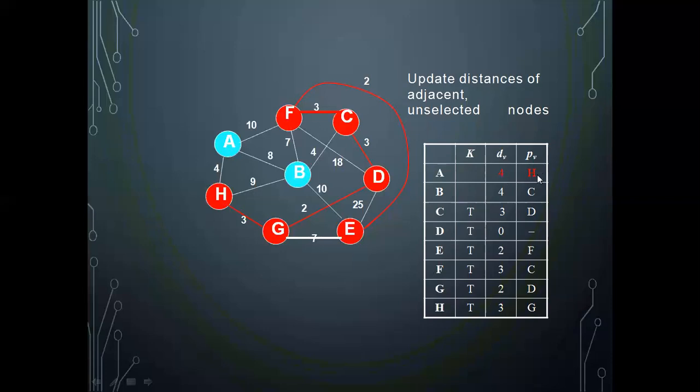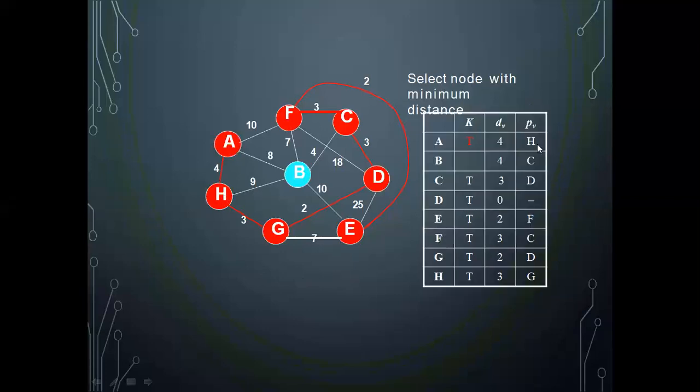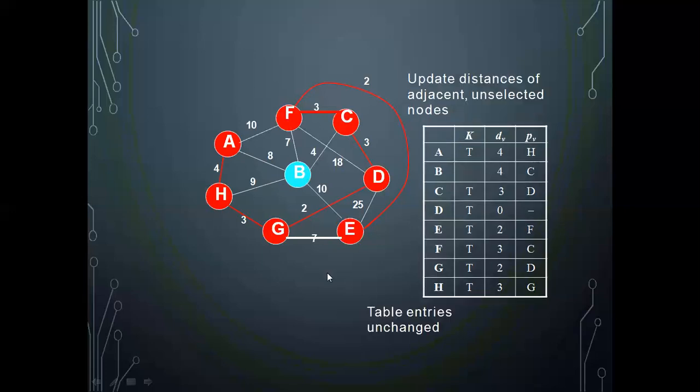Now out of all these, both 4 values are existing, you can select any one. I'm selecting HA first, that was added to the resultant one. Next, only one more vertex is pending, that is B. You can add the remaining one, that is C to B. C to B is the edge you should add with weight 4, that I am adding.